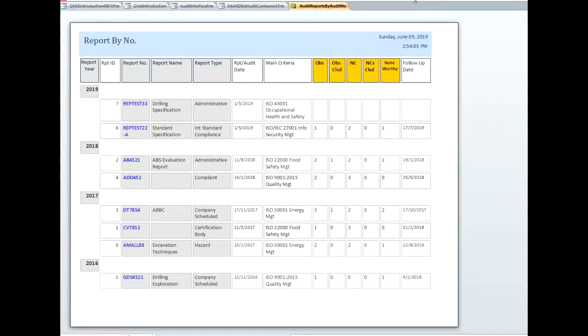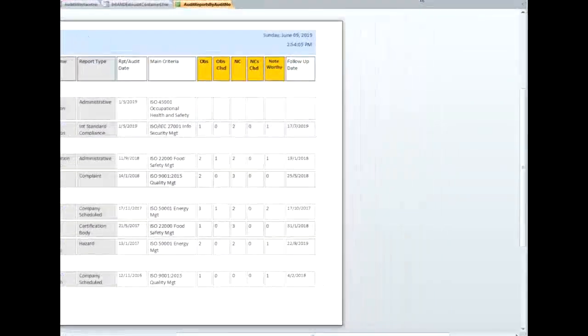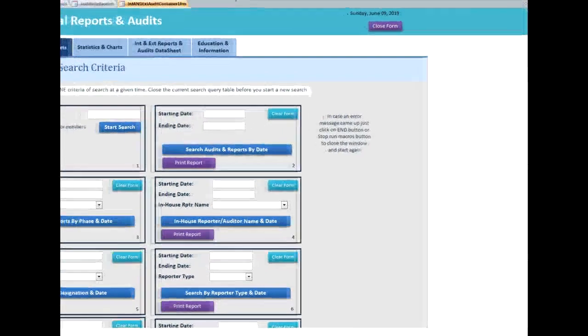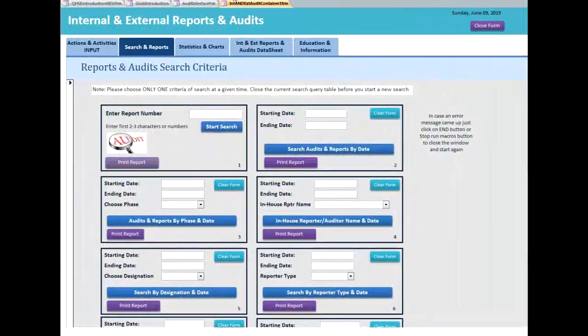Okay, if you don't want to print it, you just come here to that X like I told you, the small one. As long as it's highlighted, come here to the small X, hit it like that, and you're done with it. You close it, you don't want to do anything with it. Okay,